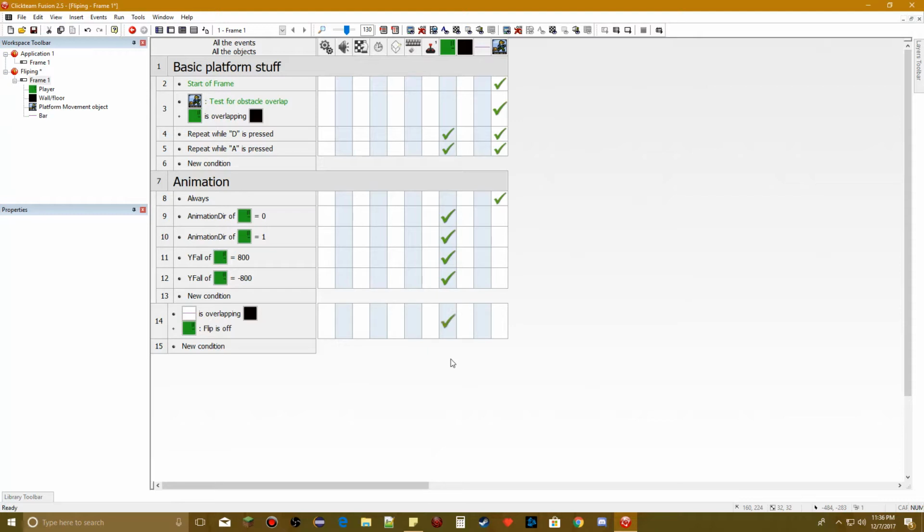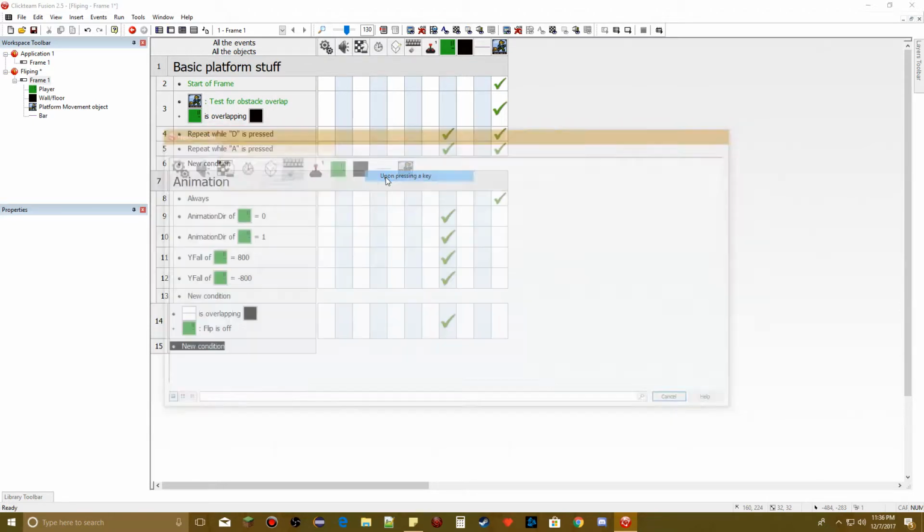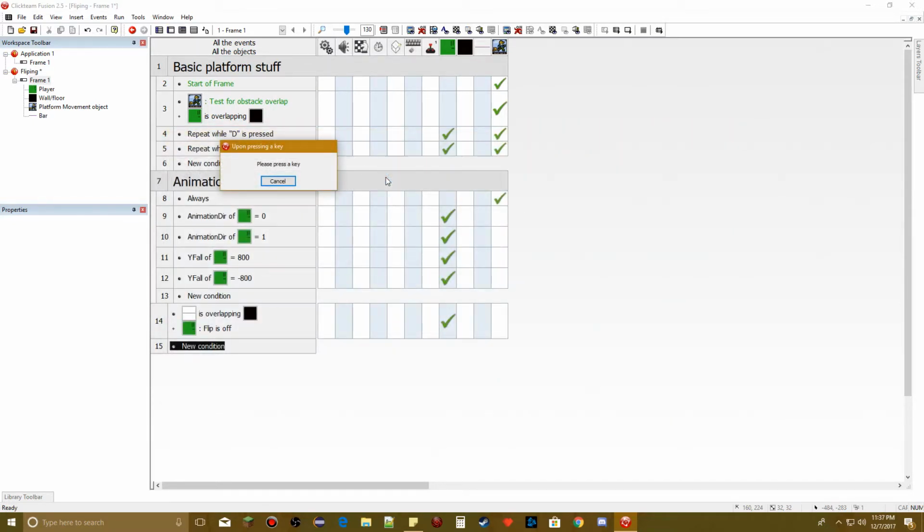So now, as soon as we hit the ground, we want to turn on the flag so we can jump, because by default we left it at off. Okay, so now since we have it set on when we fall and land on the ground, now we want to be able to flip. So to do this, let's go to our keyboard, and we do upon pressing a key, which is going to be spacebar,